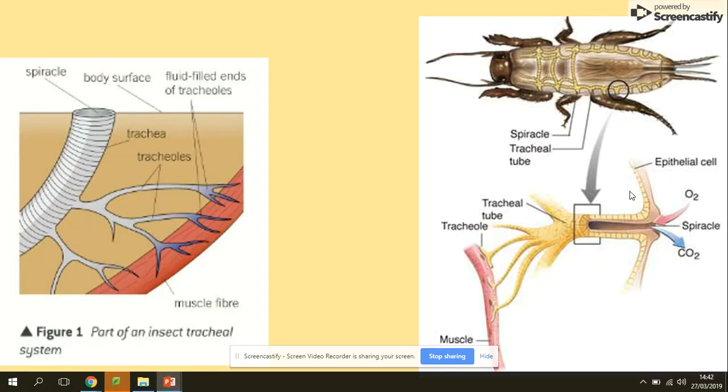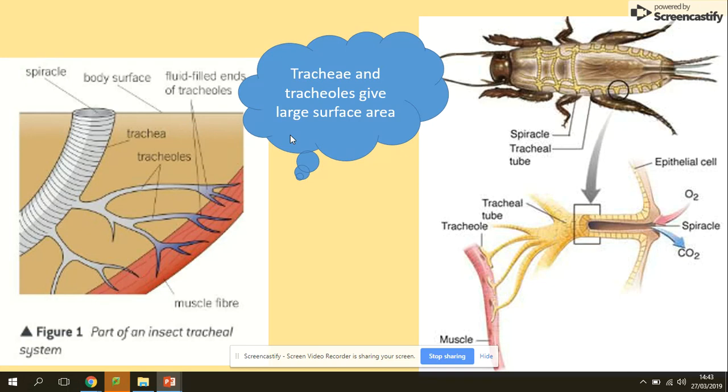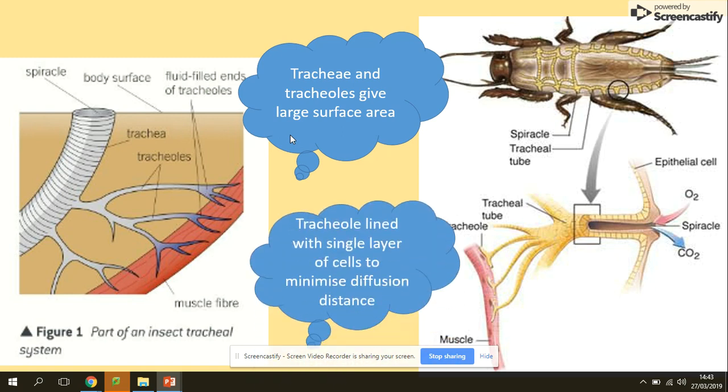Okay. Looking at the pictures one more time, we've got spiracles right outside, which is here on the outer layers. We've got the main tube, the trachea. Extensions of it are called tracheoles, and the ends of the tracheoles are filled with fluid. The adaptation of the trachea and tracheoles is to provide a large surface area for gas exchange, and tracheoles are only a single layer of cells to provide